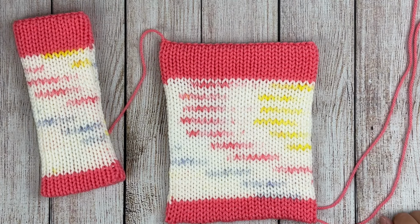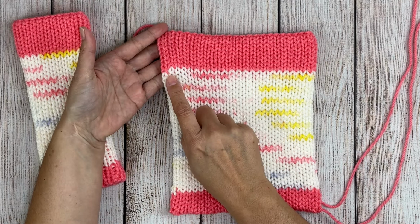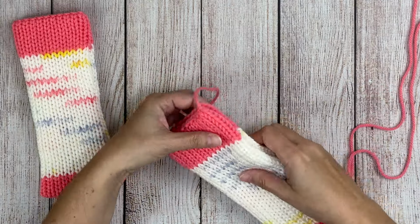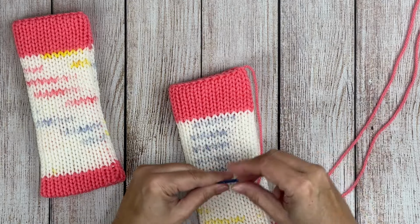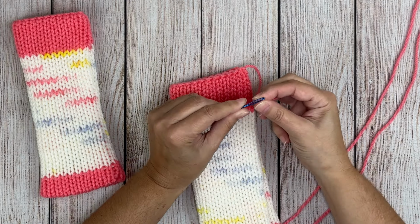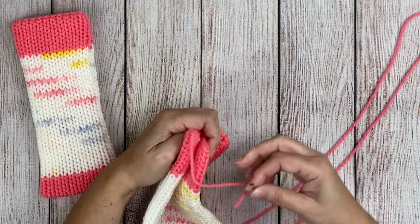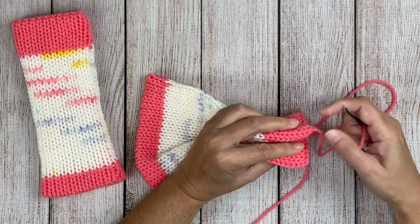To do the side seam, first we want to look for our color jog, and we want to make sure when we fold our tube lengthwise that that color jog is on the inside. Then we'll thread our tail onto a tapestry needle, and I accidentally cut mine a little too short. To start seaming,